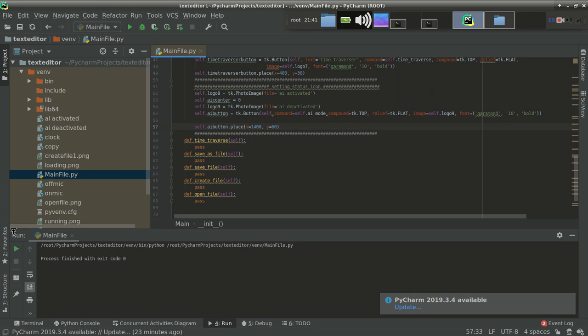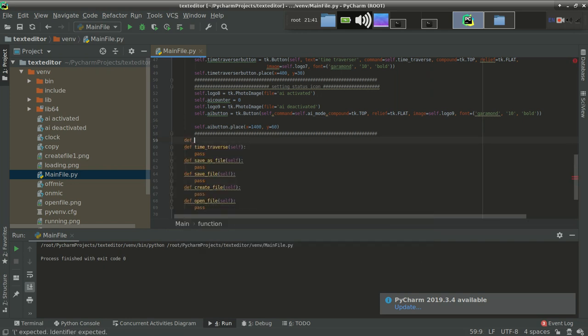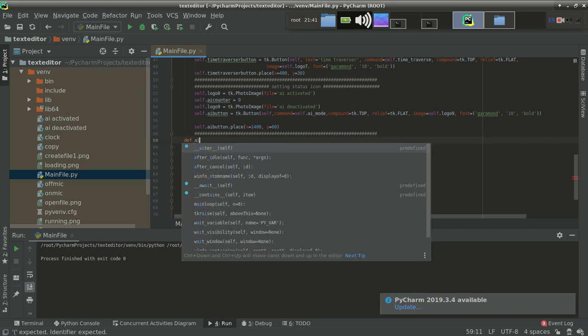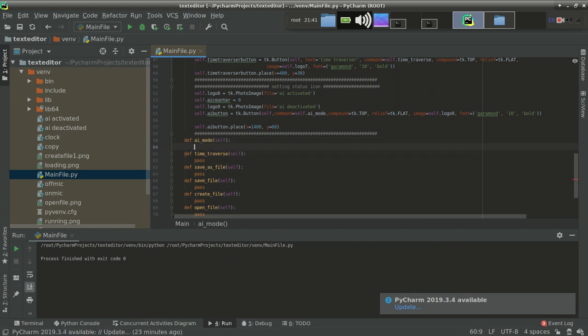Yeah, now let's verify the result. One more thing also we are forgetting, we do not have any AI mode, so it will again throw an error. So for resolving that problem, we have to make a function or method AI mode, pass.